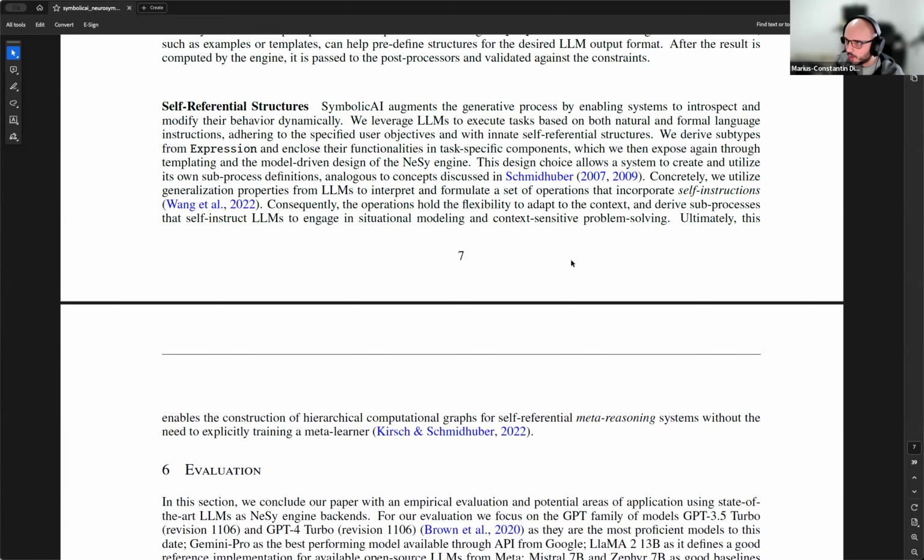We have memory implementations, yes. Like I said, most of the things are context-free, so memory-free if you want. But we have modules where you can have, for example, a sliding window memory, so you can also have more complex memories. And in our benchmark experiments, we also had a memory which we update to determine how we do the scheduling of the next task. So I would say this paragraph on self-referential structures is a potential use case for SymbolicAI, but it's not natively implemented yet, right?